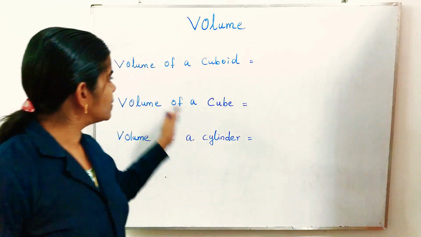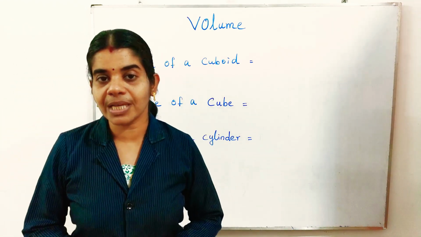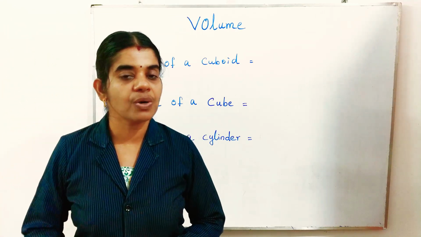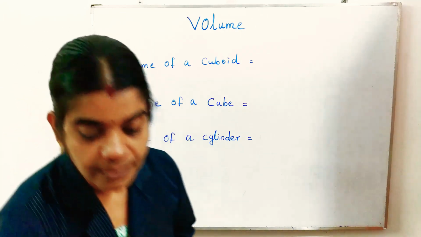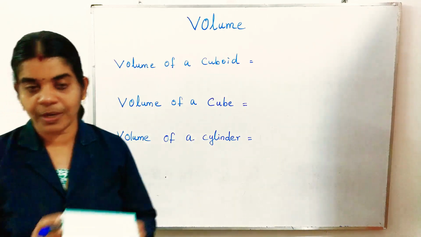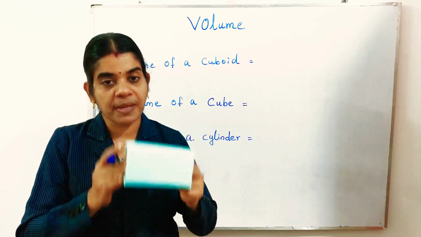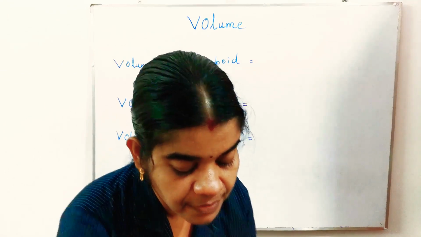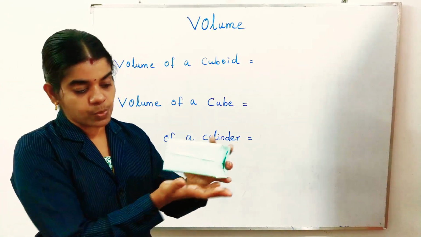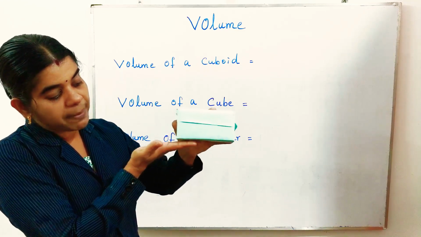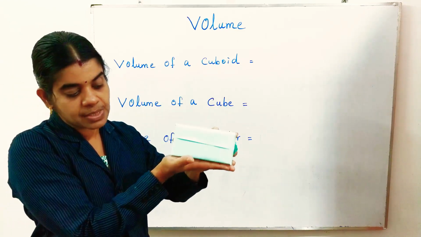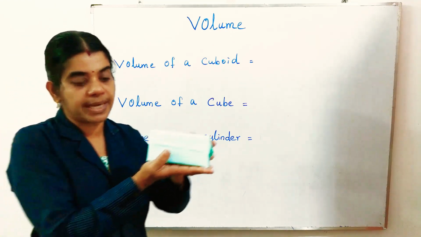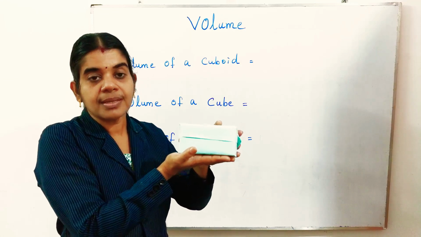Today we are discussing the volume of a cuboid. You already know that if L, B and H are the length, breadth and height of a cuboid, then this is the model of a cuboid. How much space it needs to occupy, that we want to discuss. Suppose we keep it this way, then we take its base area. Base area into height will be its volume. That much space is needed to occupy the solid object, that is the cuboid.